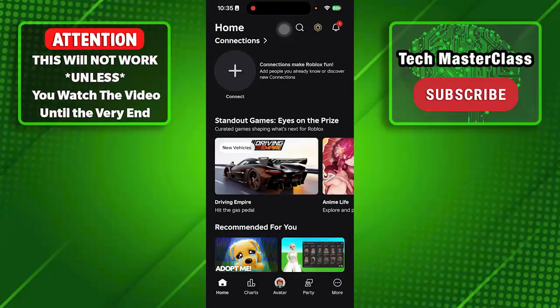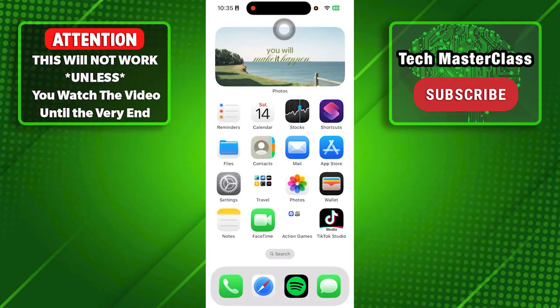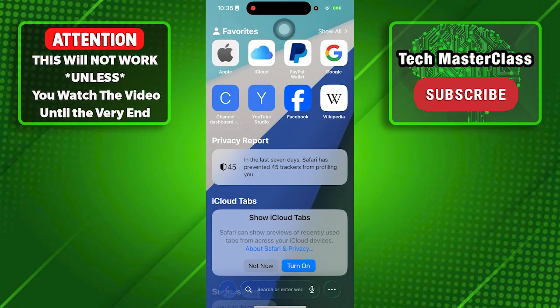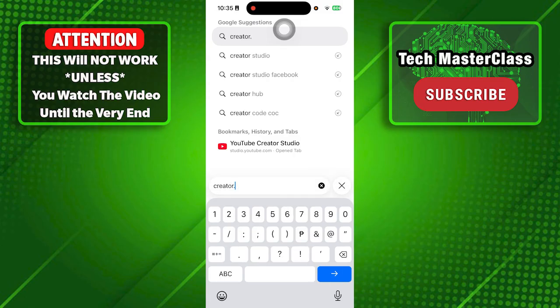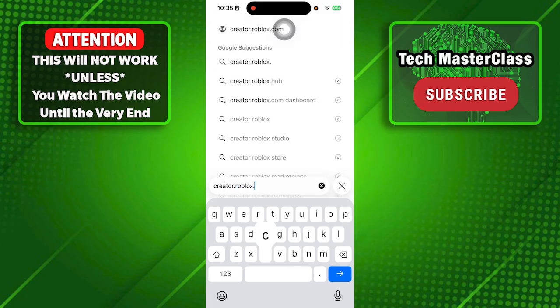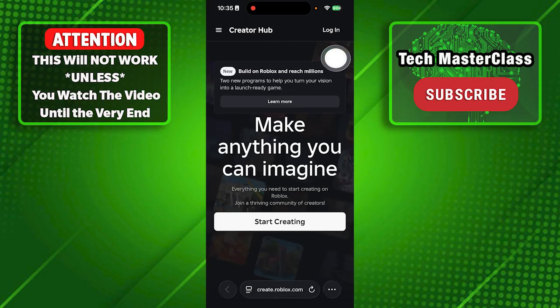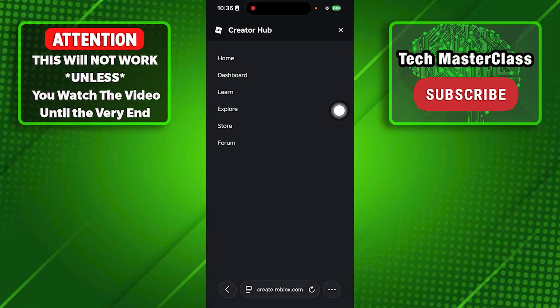Okay, so the very first step is to move out of the Roblox app, and we are going to use a browser. I'm just going to use Safari, and we are going to the URL creator.roblox.com. From here, you need to log in, so tap on login at the top right and log into your Roblox account. Once you have logged in, click on the 3-bar line at the top left and go to dashboard,